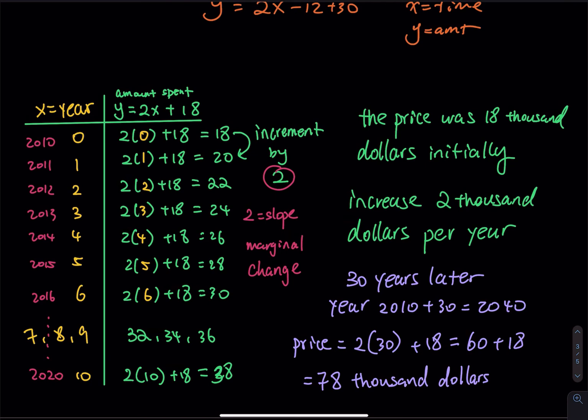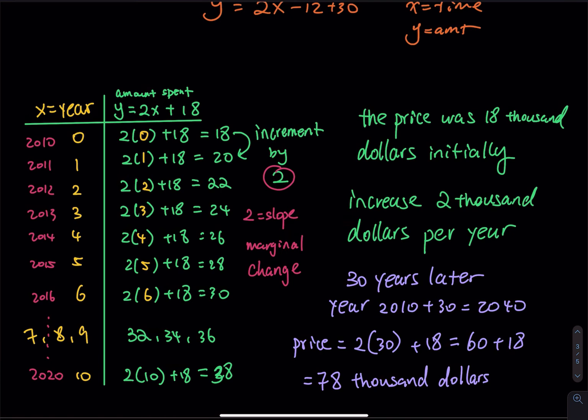How about this? Using this y equals 2x plus 18. How about 30 years later? I want to make a prediction. 30 years later, from 2010, which is 2040, right? How much is the car going to cost? So at 2010, I have to spend $18,000. How about 40 years later? So if you wait 40 years later, according to this linear equation, 40 years later from 2010,